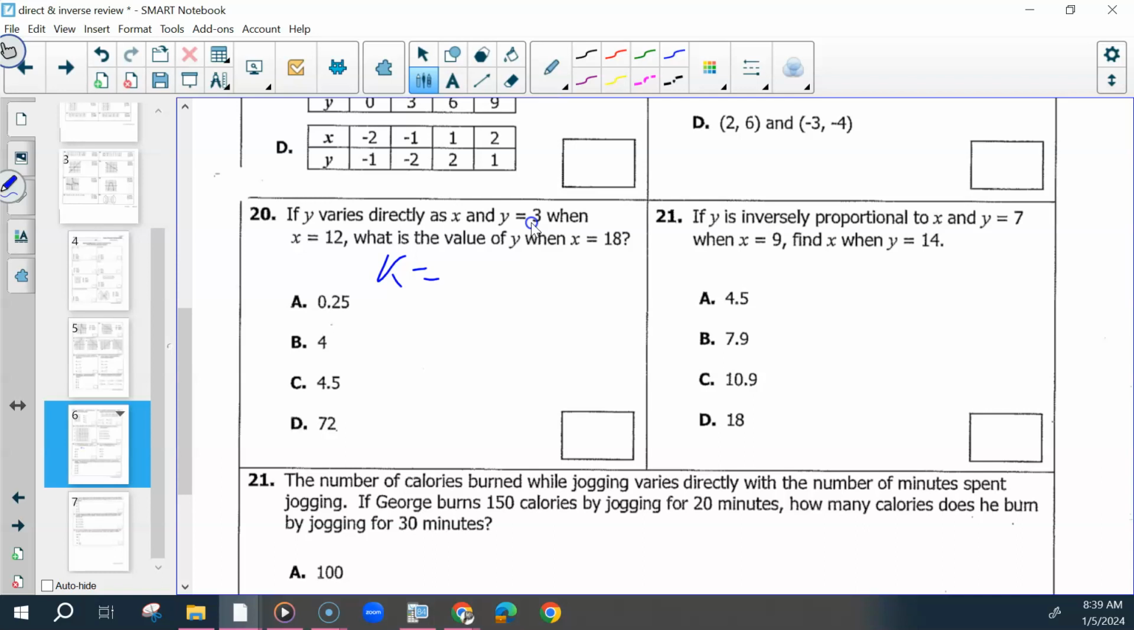Divide y by x, so 3 divided by 12, and simplify. Then use your k value and your x value to find your y value. y equals kx, so y equals 1/4 times 18, which would give us